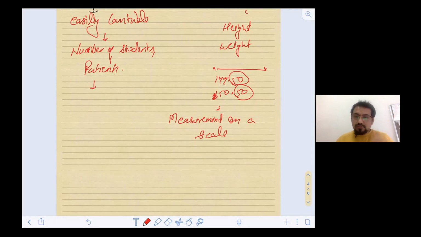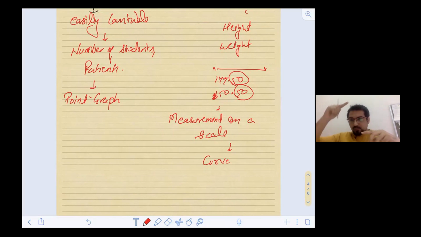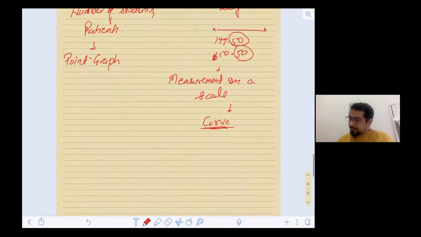One more point you need to remember is that the graph that can be drawn is always a point graph. I'm writing it here because I need to cover that. I'm also following the mobile phone so that this video should not be very long. Here we can see that this is not a graph but a curve, and we call it sometimes the normal distribution curve, and sometimes different curves. I will tell you when I discuss that part.